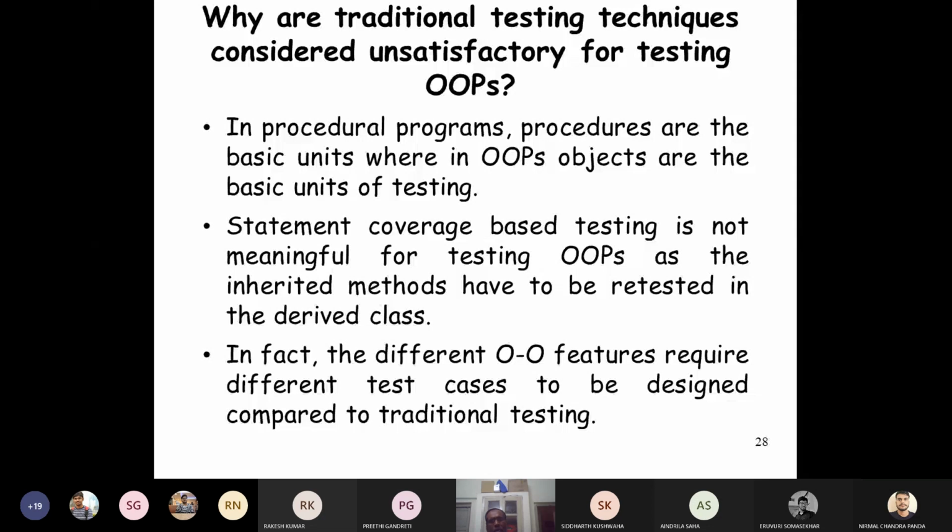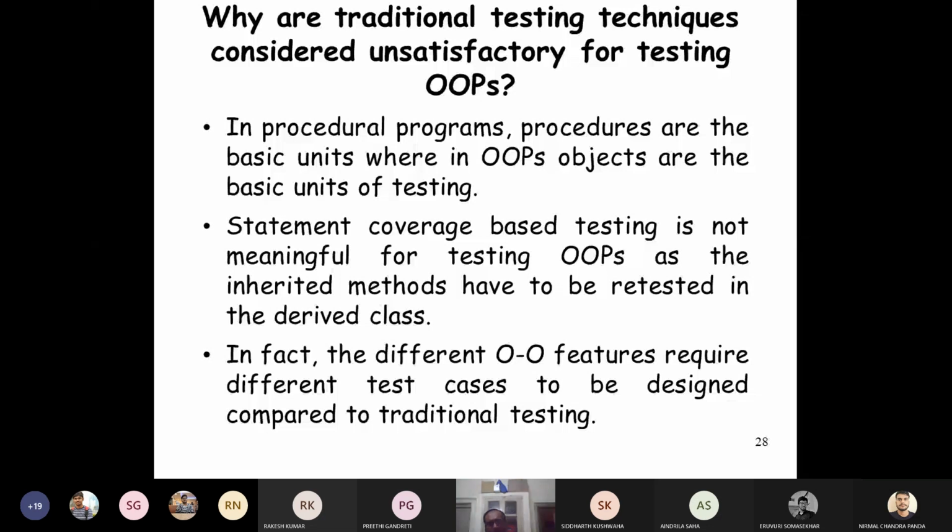Next difficulty. So I cannot directly use the traditional technique for testing of object-oriented programs. Next, we have already seen the different coverages like statement coverage, branch coverage, condition coverage, etc. Statement coverage based testing is not meaningful at all for testing object-oriented programs. Why? Statement coverage is very much applicable for testing procedure-oriented programs. But why not object-oriented programs? Please take the example of inheritance I was just saying. From base class A, B is derived. From base class B, C is derived. In this derived class C, only one statement, printf something.